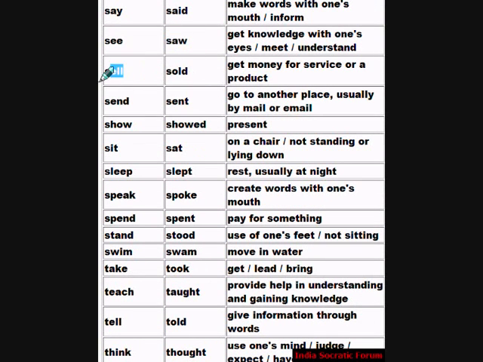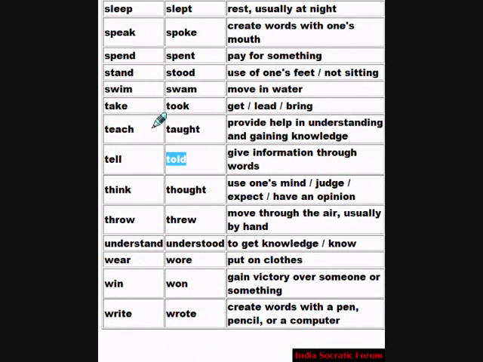sell, sold, send, sent, show, showed, sit, sat, sleep, slept, speak, spoke, spend, spent, stand, stood, swim, swam, take, took, teach, taught, tell, told, think, thought, throw, threw, understand, understood, wear, wore, win, won, write,